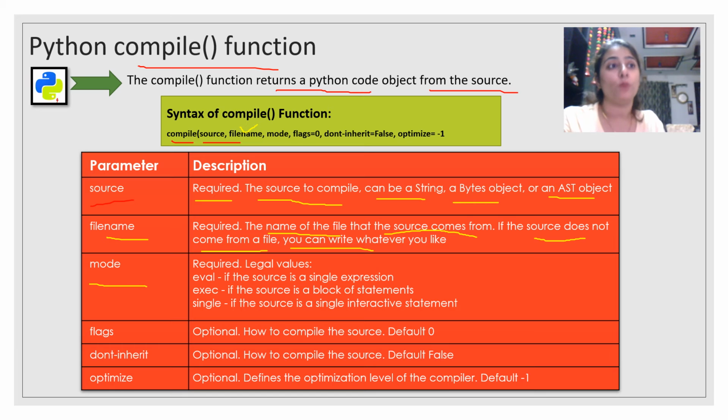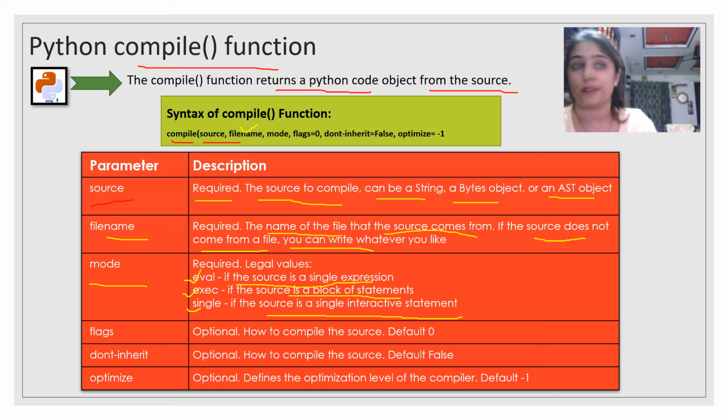Mode is also required, and it says what type of execution you want: eval, exec, or single. Eval is used if the source is a single expression, exec if the source is a block of statements, and single if the source is a single interactive statement. That depends.